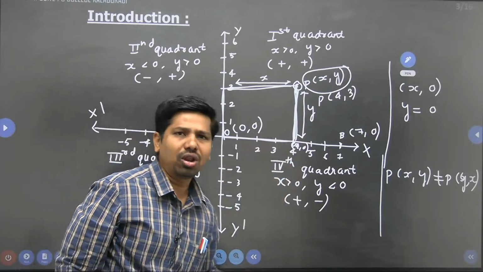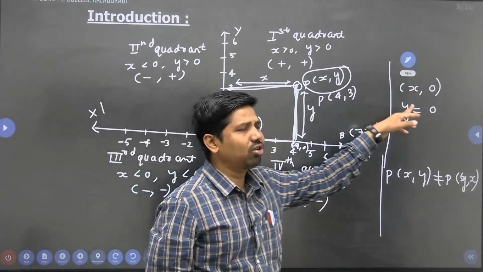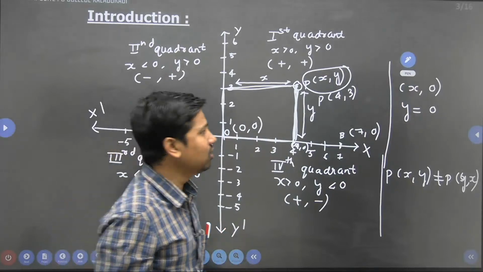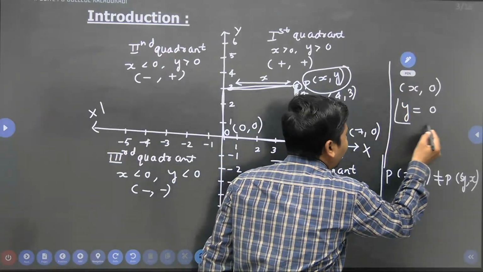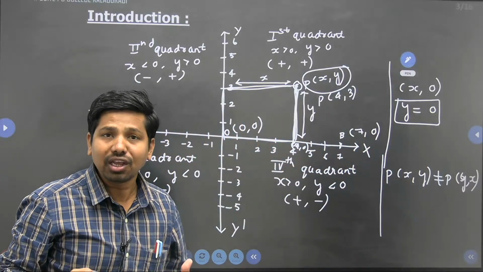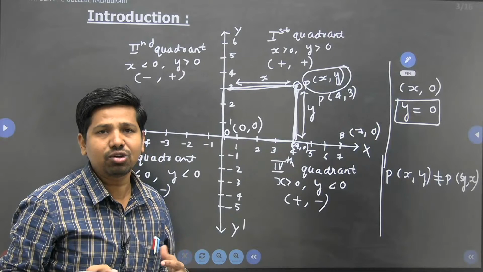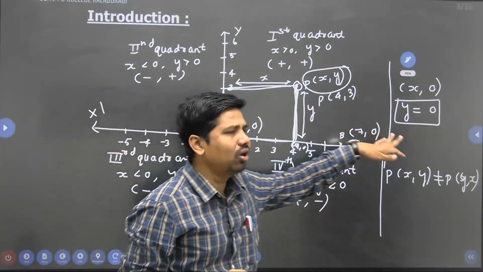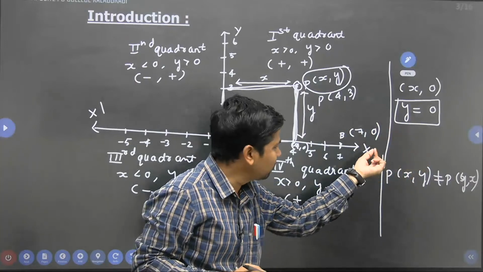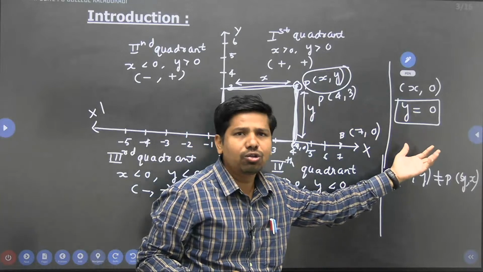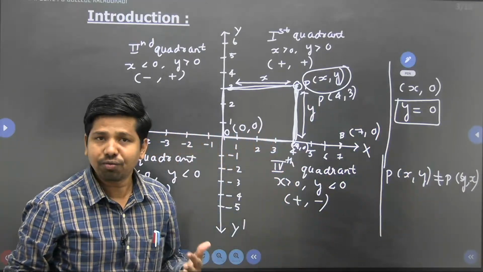So any point on x-axis is given by what? X comma 0. That is on x-axis, y coordinate is 0. In general, I can tell this y equal to 0, what it represents. Y equal to 0 represents the equation of x-axis. So drawing this x-axis or writing y equal to 0 is same. Means this line is represented by an algebraic expression called y equal to 0, which represents the equation of x-axis,